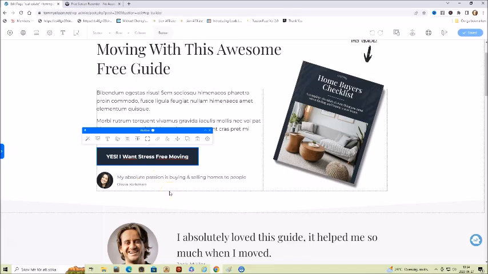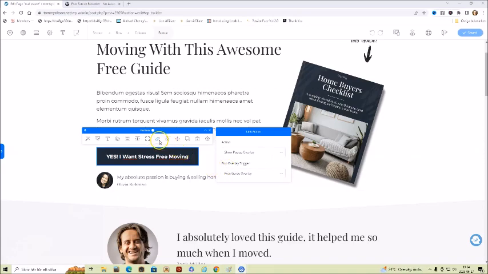It's an easy manner. For instance, when you click on the link here, you can edit the link properties: show pop-up overlay, pop-up overlay trigger, and free guide overlay, for instance.